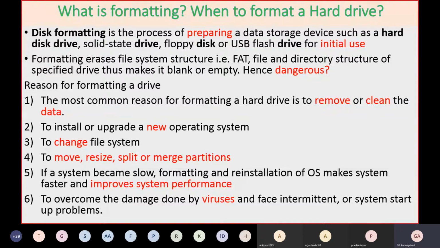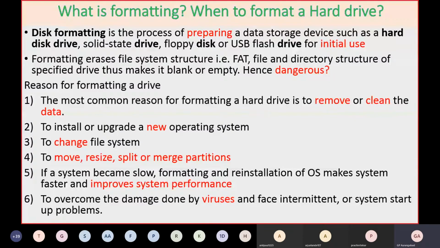Nowadays there are certain options available. You don't actually need to go for partitions. You can use certain disk management features for doing these operations without formatting. If a system becomes slow, then formatting is a good option, which reinstalls the entire operating system, removes all deleted files, and fragmentation will be removed. You will find that the performance of the system will definitely improve and it will be somewhat faster.